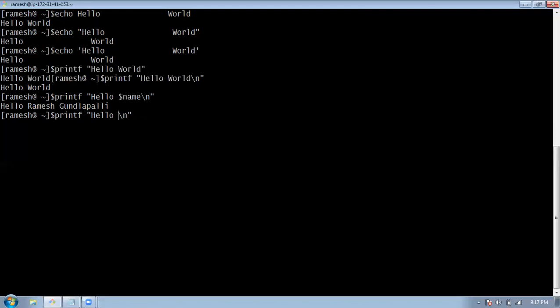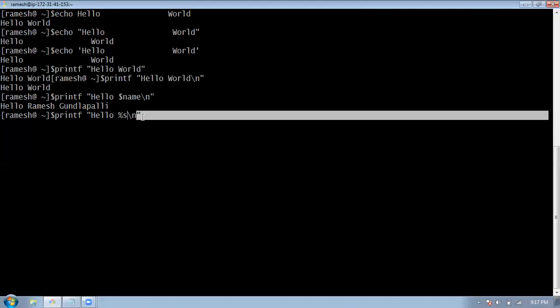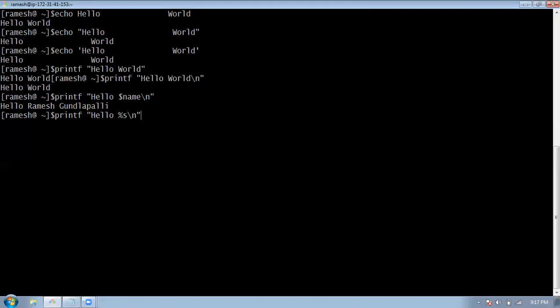This is the string I'll be using. %s stands for string. After this double quote, I'll be using my variable name. Like this also you can use.